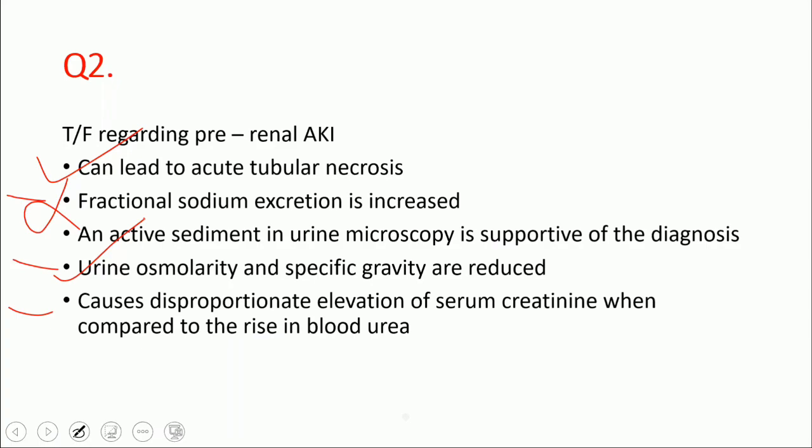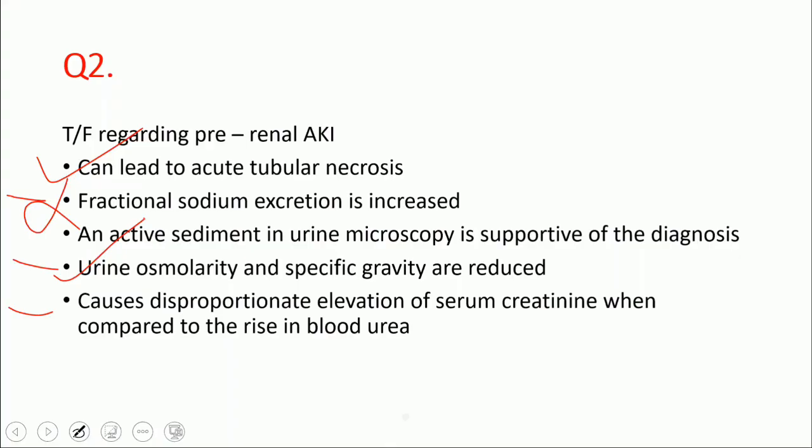Now, in pre-renal AKI, another important thing that happens is you get a disproportionate rise in the urea, right? So in pre-renal AKI, urea and creatinine both go up, but you're seeing a disproportionate rise in the blood urea, because remember, the blood urea is a very good indicator of dehydration, right? So when you have hypovolemia and low volume, the urea goes up. So in pre-renal AKI, if you examine the renal function, you see a massive rise in the urea, a disproportionate